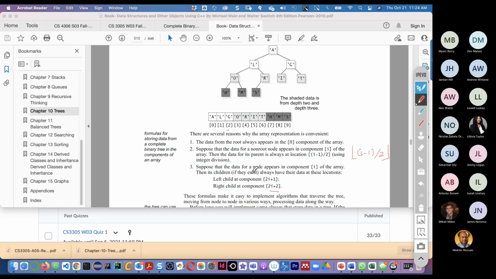So for G, the left child is I, right? G's position is 2.